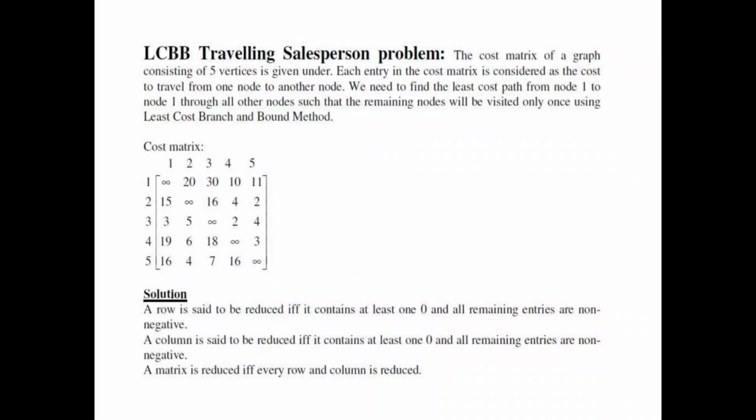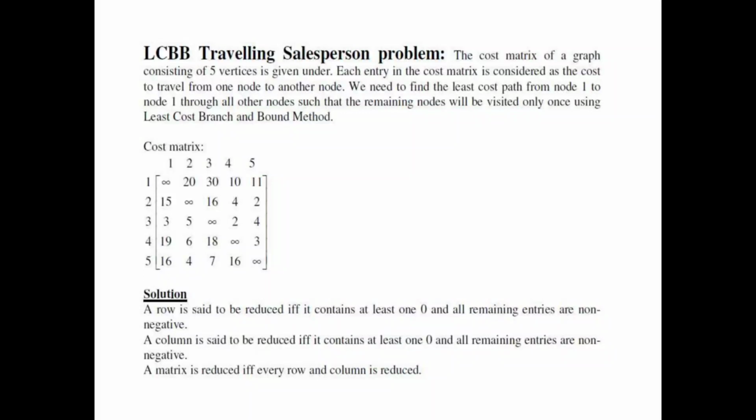How to solve this? You can see here least cost branch and bound. Here we have taken the matrix of 5 by 5. Next we have to perform row reduction and column reduction. Next we have to find the cost at that node. Here you can see the solution to generate.